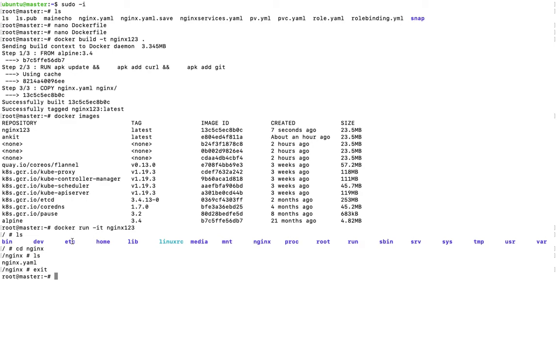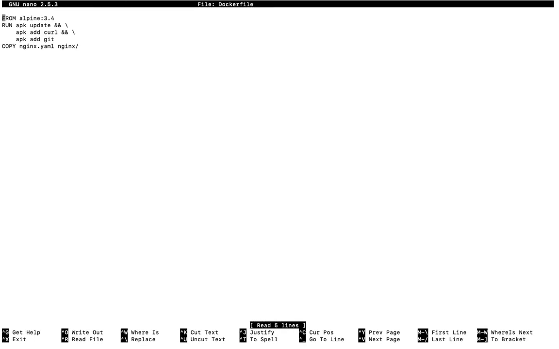Now I'll tell you the difference between CMD and ENTRYPOINT. Let's say I want some output from the docker container. In the Dockerfile I'll first write CMD, it should be in capital letters, guys. CMD echo, I want some output like hello from docker container.